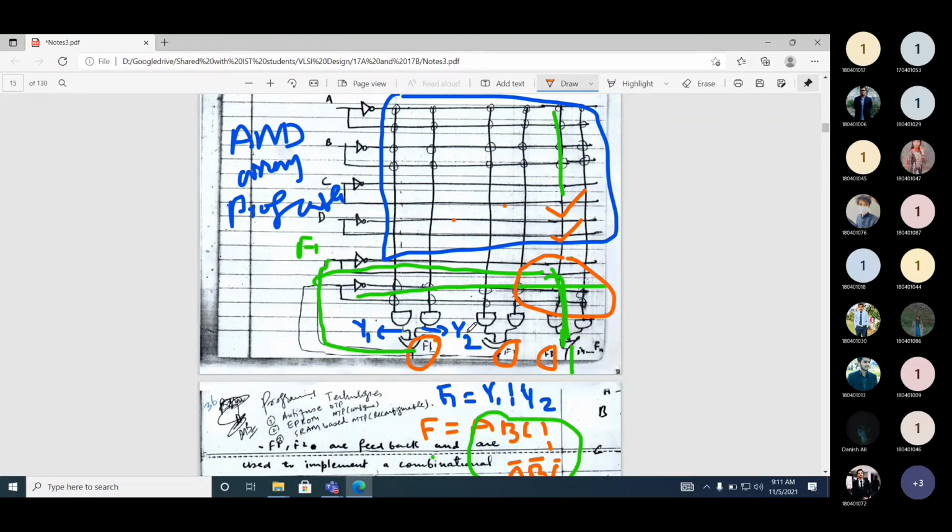Yes, when minterms are more, then you can use the feedback. If no extra minterms are required, like if 2 minterms are required, then you will not use the feedback. So feedback is used in the scenario when required.